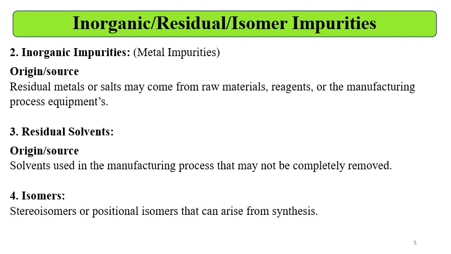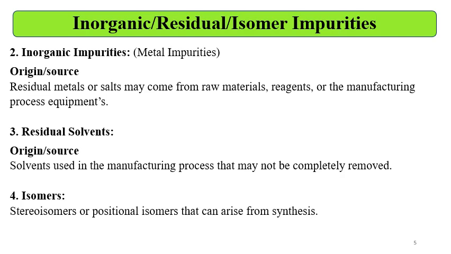Then residual solvents, like isopropyl alcohol, methanol, toluene, benzene, and many others. These solvents may be used in the manufacturing process, and in drying they are not completely removed. So these come as residual solvent impurities. There are some classes of the residual solvents based on toxicity. Then isomeric impurities. Stereoisomers or positional isomers that can arise from the API synthesis will come as impurities.